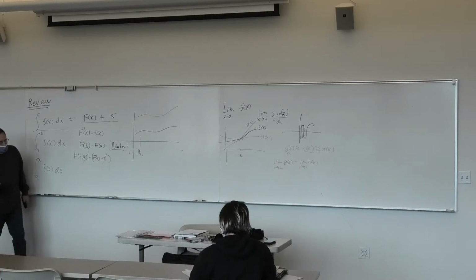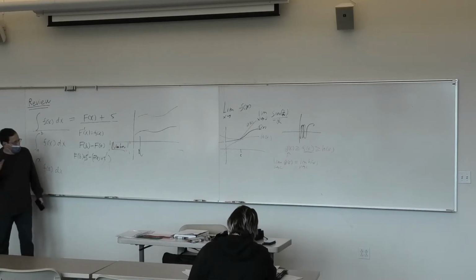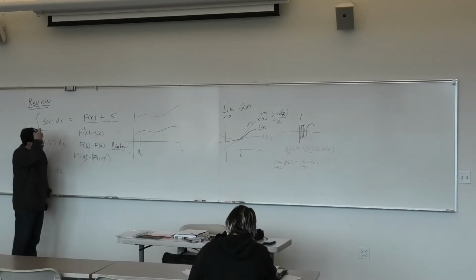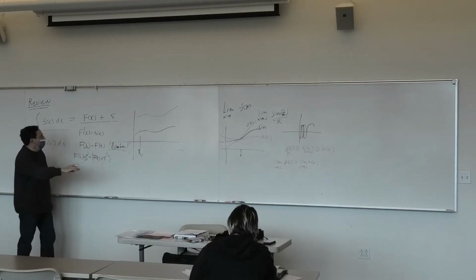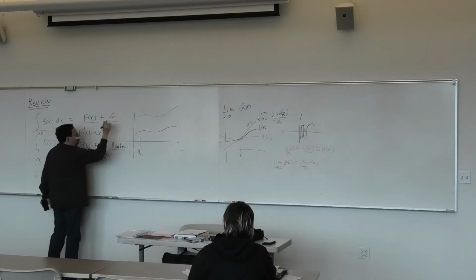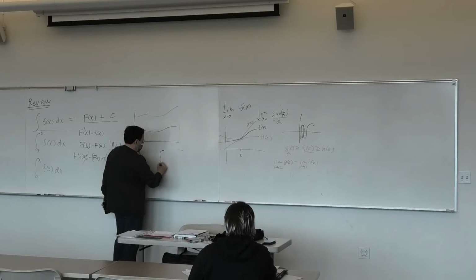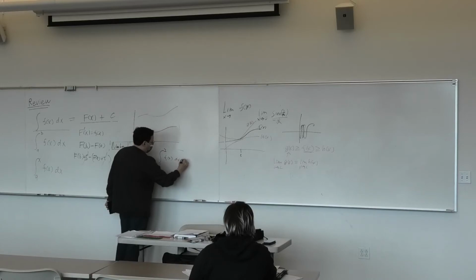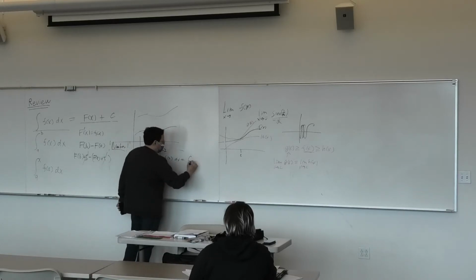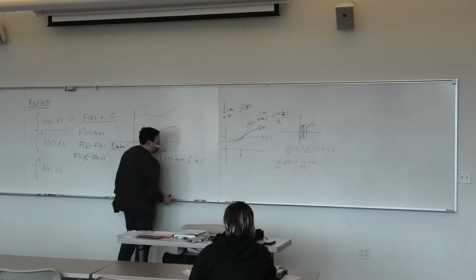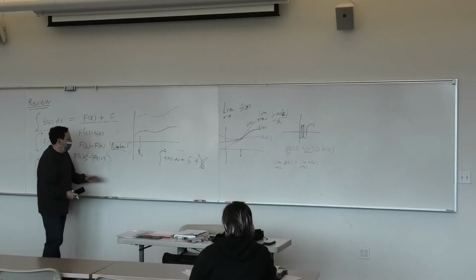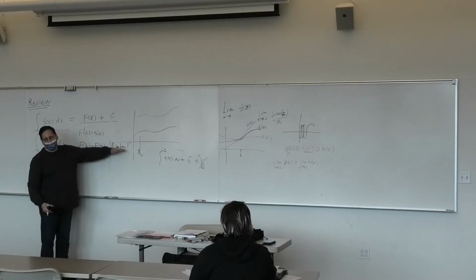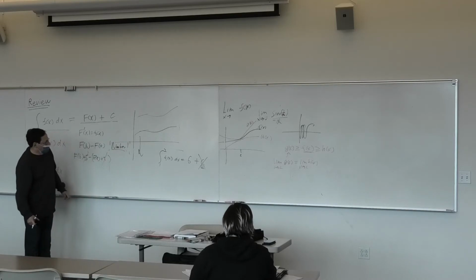I'm going to digress for a second. I don't think it was anyone in this class, but I saw in some homework, someone did a problem where I think I pushed too far. I got people all excited about the idea that there's a constant here, and they wrote something like 6 plus a constant. Now, with a definite integral, you get a definite number. It doesn't move up and down. It doesn't get a constant.